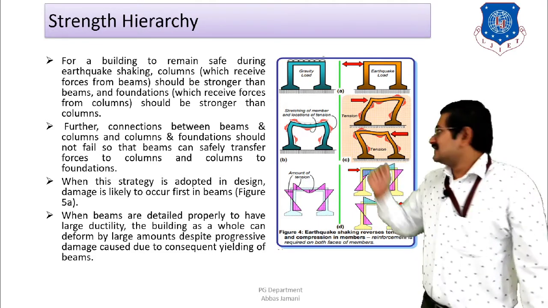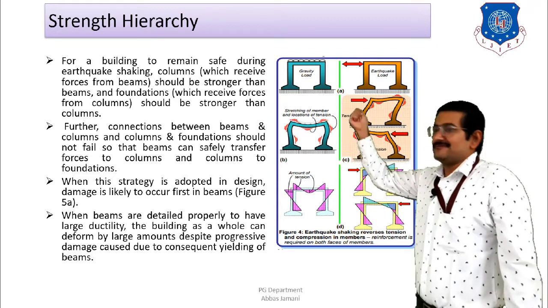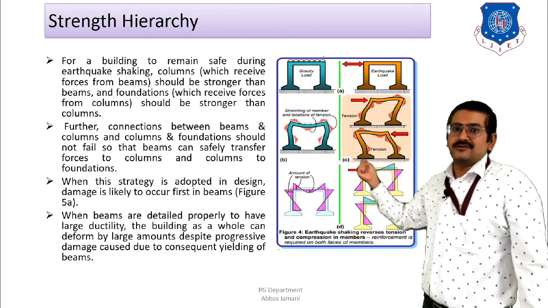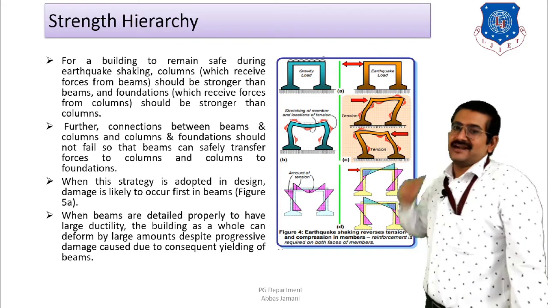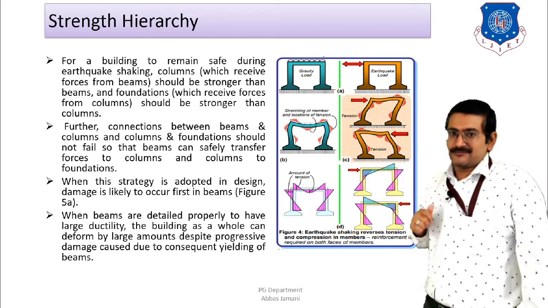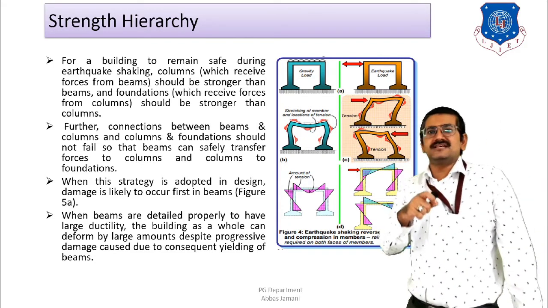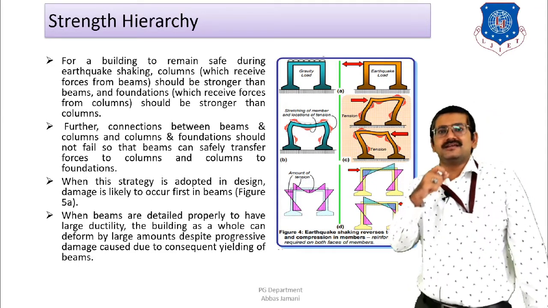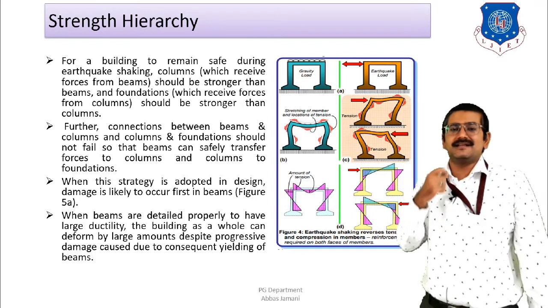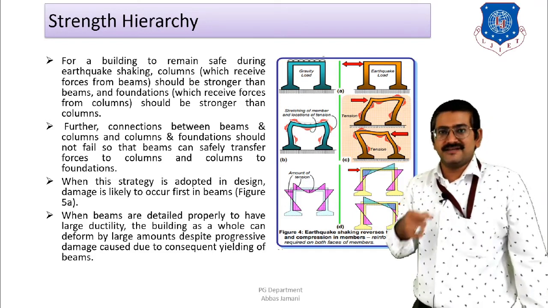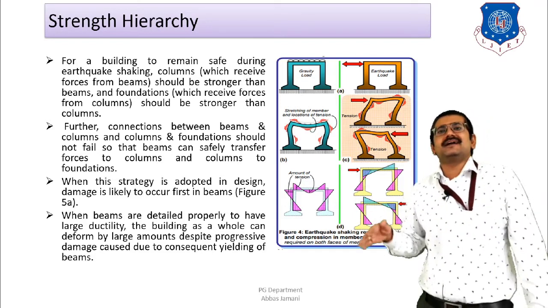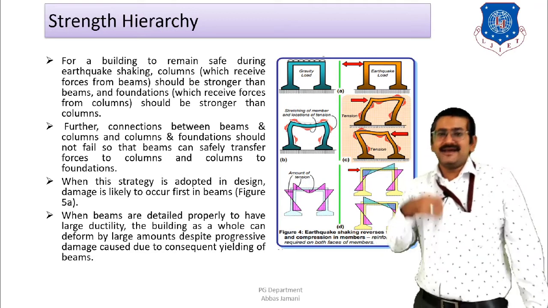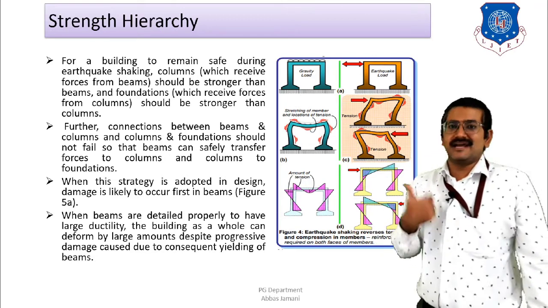So whenever the force is applied from left to right, the column on the left is going to undergo tension and the column on the right is going to undergo compression. But in case of horizontal forces, we always consider the reversal of stresses. That is, when we calculate the horizontal forces, we consider that the force is applied once from the positive x direction, and a second time from the negative x direction, and the same for positive z direction and negative z direction.